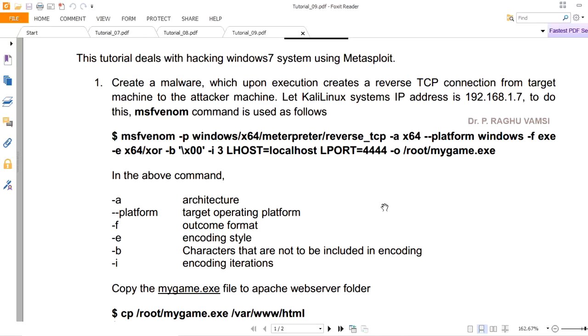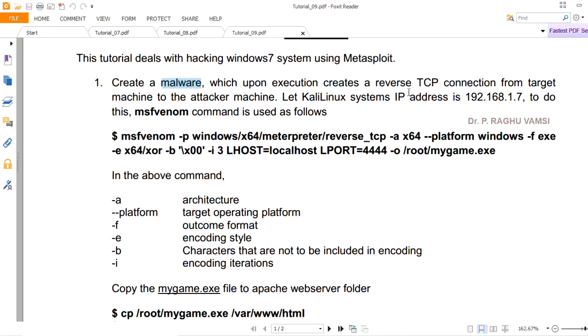In order to generate this malware, I'm going to use a tool called MSFvenom. MSFvenom is a very powerful tool to generate a venom. Venom in the sense of a poison. There are several poisons that you can generate using MSFvenom, and it is used to generate our target, that is, the malware.